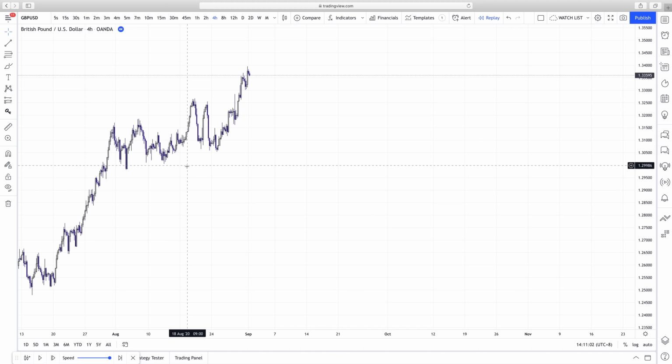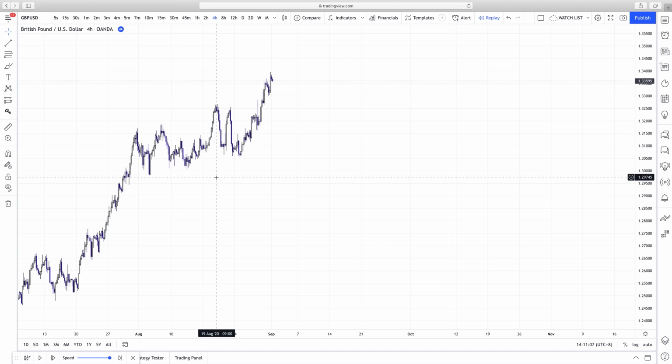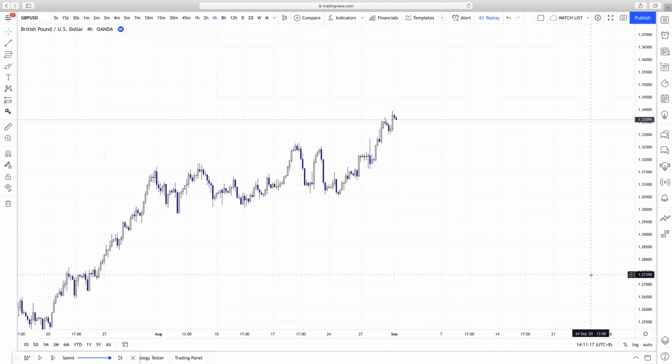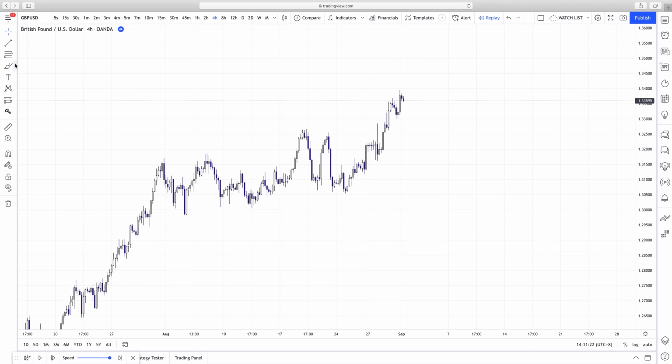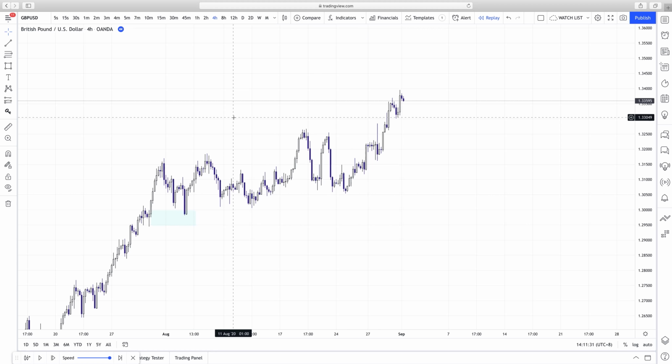Versus, on the other hand, understanding smart money is understanding why price is doing what it's doing. It's very easy for me to see why price is moving in this manner. So if I was to personally break down this price, I would do it in such a manner like this, right? Here is our demand level that just broke the new high. So this is our demand level that just broke the new high, and that's exactly why price comes back into this level. And now we can target this high right here,